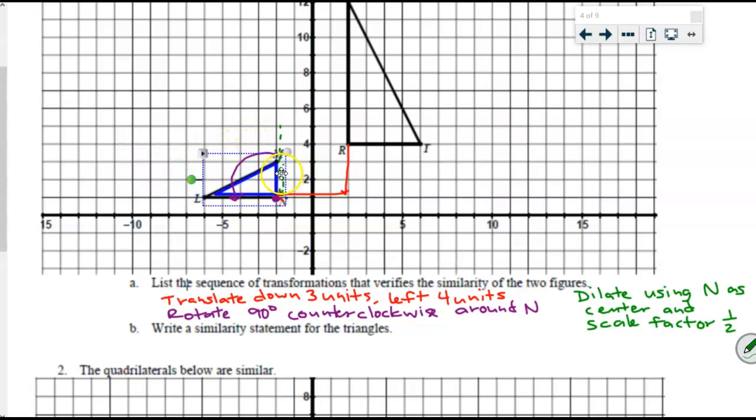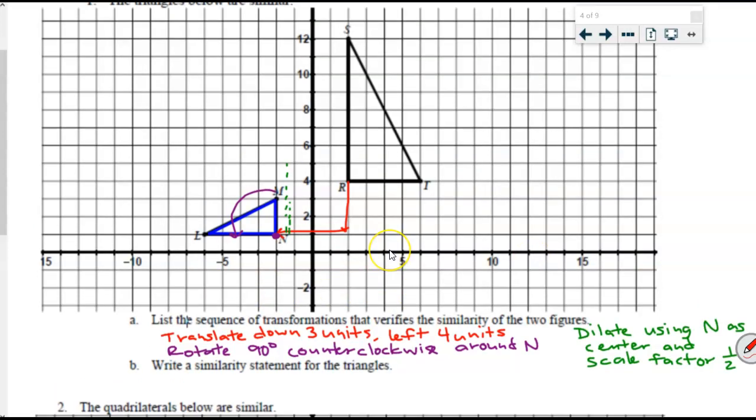Non-geometry software here. There we go. That's it. I have now proven that those two figures are similar using that sequence of transformations. I realize probably the thing that would make this better is telling me where I started. I didn't make that explicit, but I start with triangle SRT